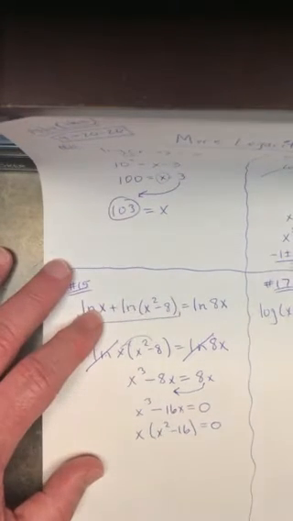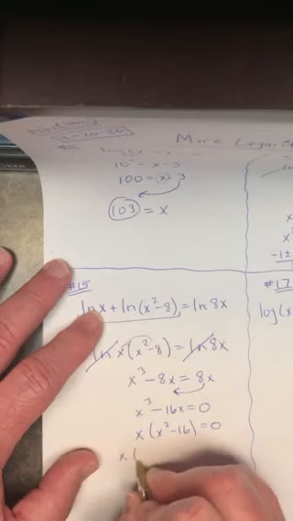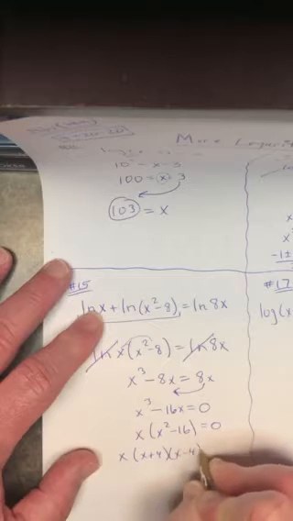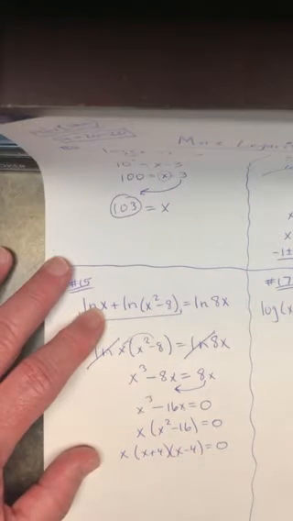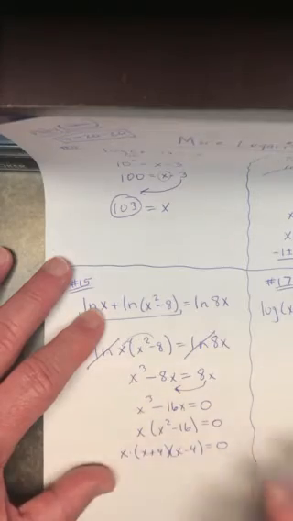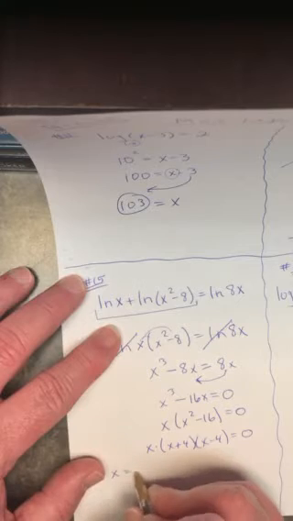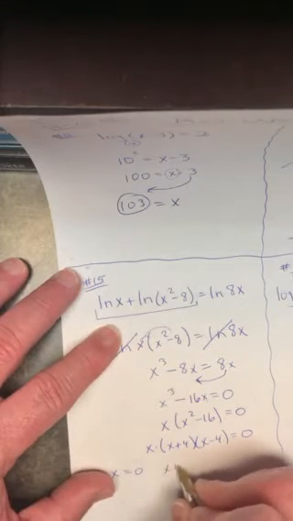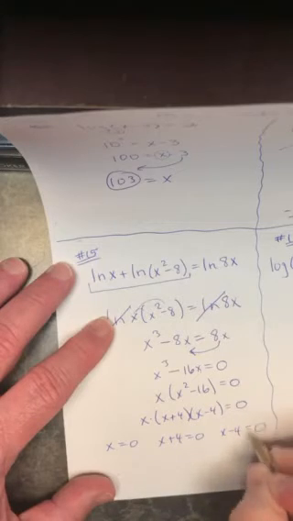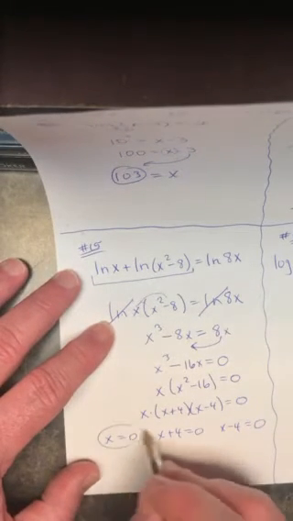That's, of course, the difference of two squares when you factor it, agreed? So I have x times x plus 4 times x minus 4 equals 0. Since they're all dot connected, I do the old let's split them all apart and set them all equal to 0 trick. I'm going to end up with x equals 0, x plus 4 equals 0, x minus 4 equals 0. So my answers are 0,